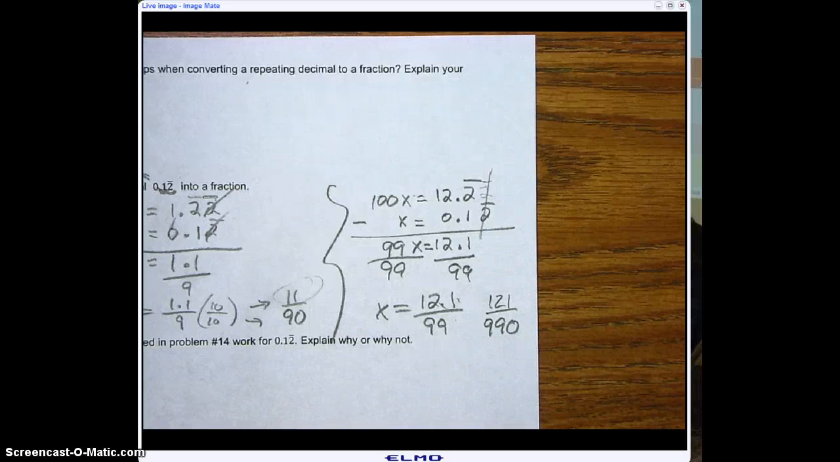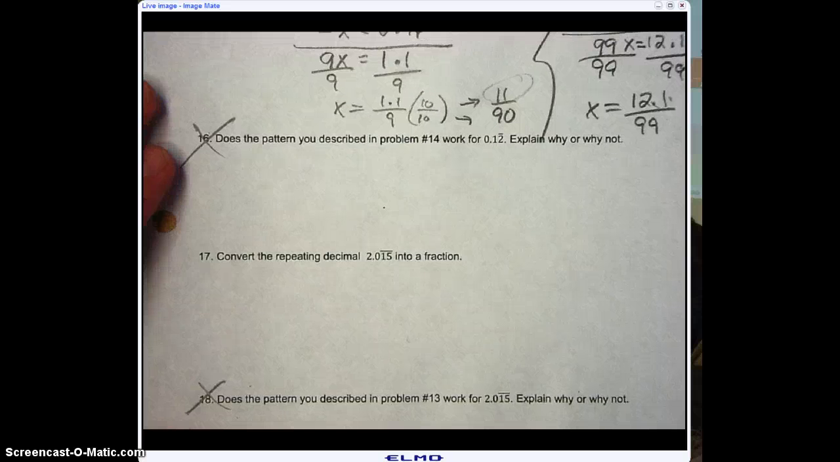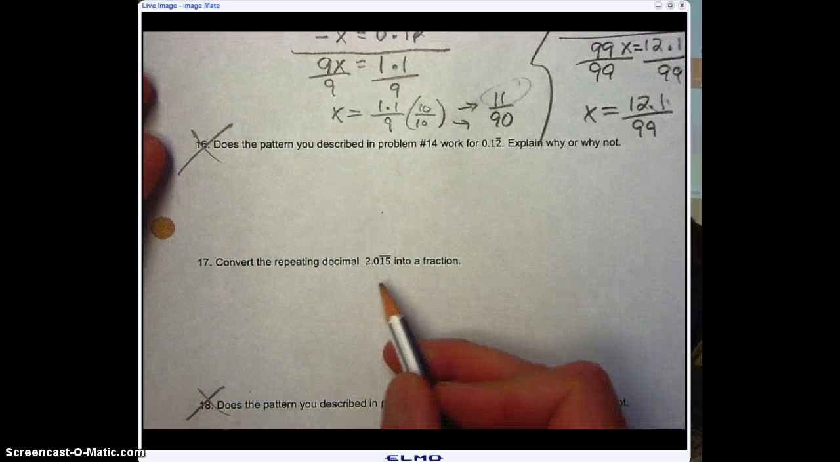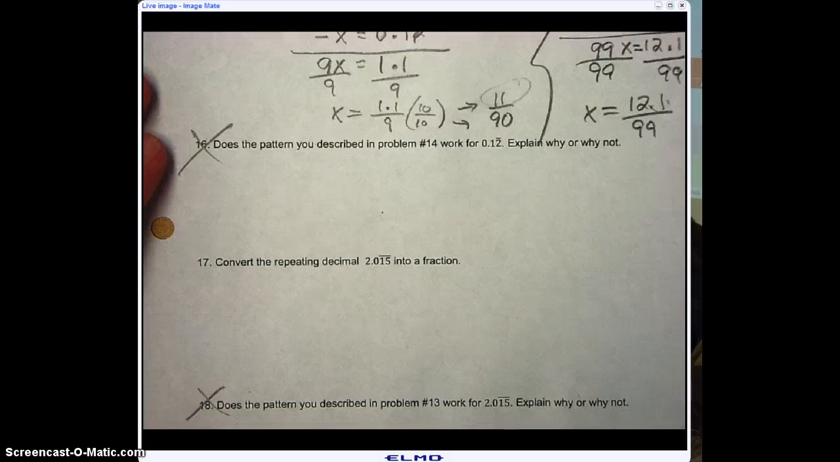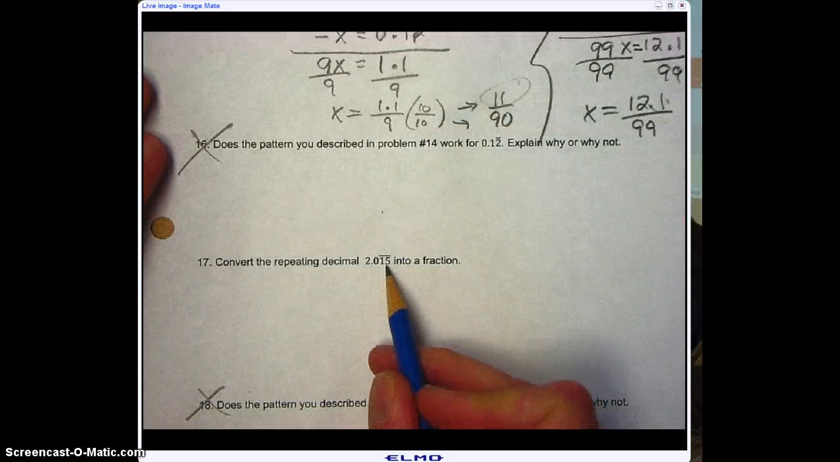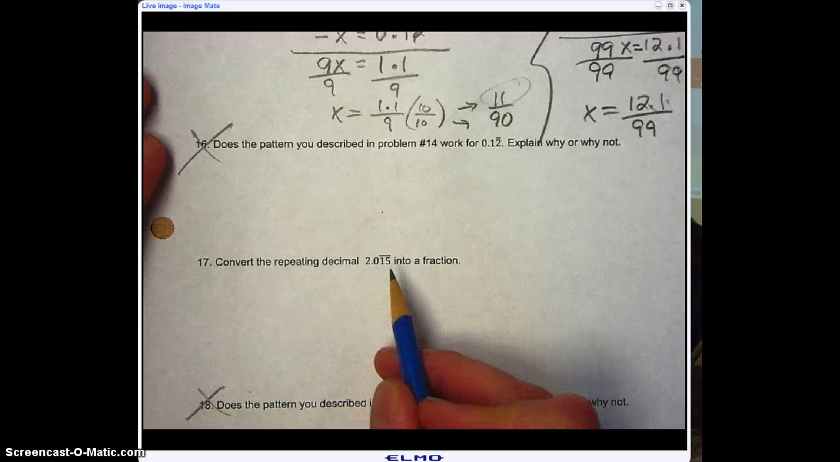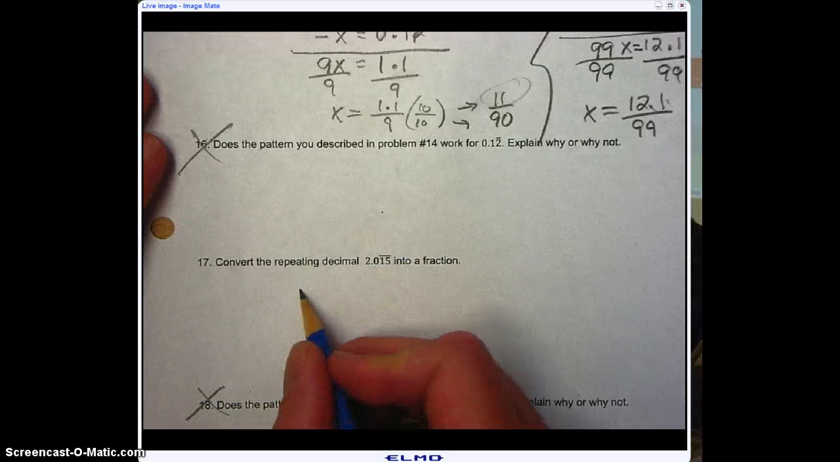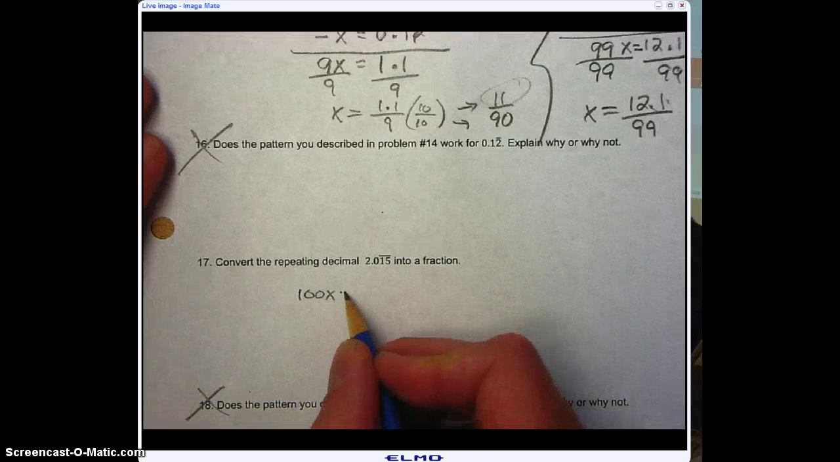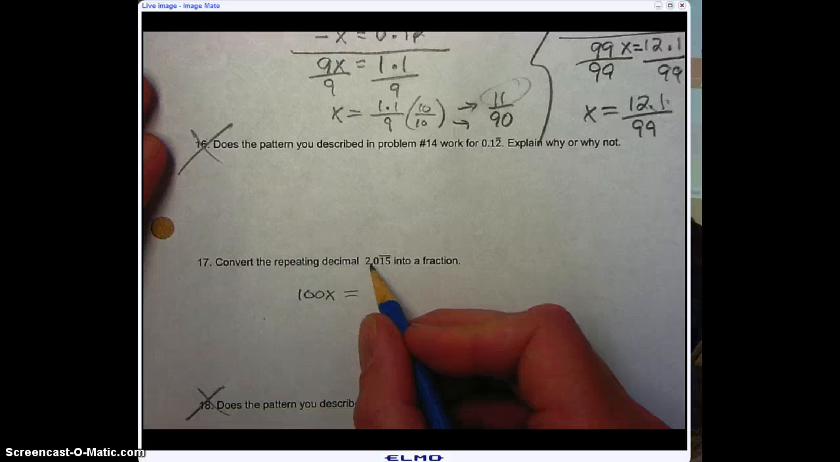Okay, last example. I'm running out of time here. Okay, with this last example, I want you guys just to see if you can memorize this rule. How many digits are repeating? 2. There are 2 digits repeating. You multiply by the number that moves the decimal twice, which in this case is 100. So 100x is equal to, if you move the decimal twice, you end up with